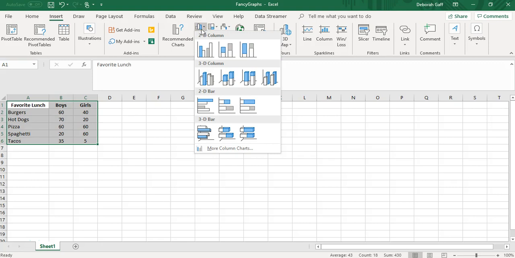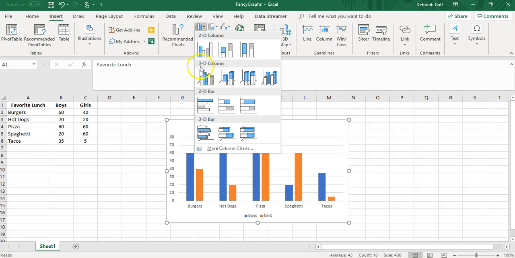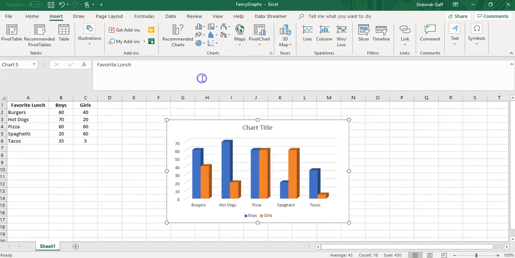I'm going to pull this down. I came over here and I looked at clustered. I like that the graphs are side by side because it gives us a nice comparison, but I really wondered how it would look if they were right next to each other. So I just scrolled down here to 3D clustered column, and I really like the fact that they're sitting right next to each other. So I'm going to click that one,